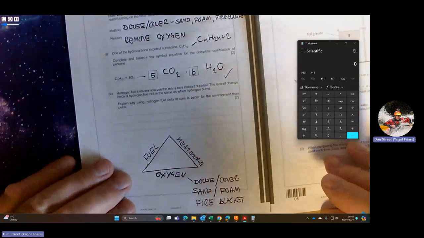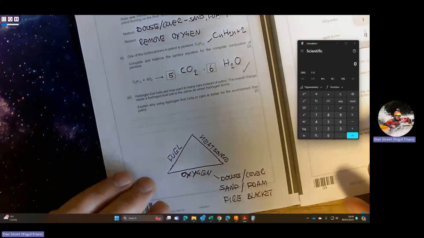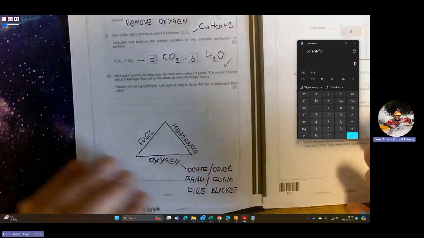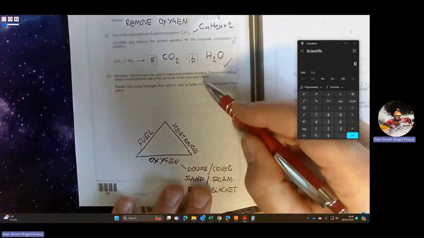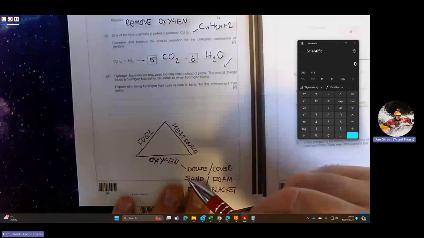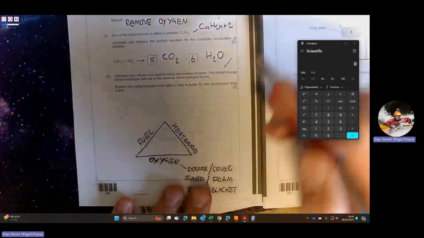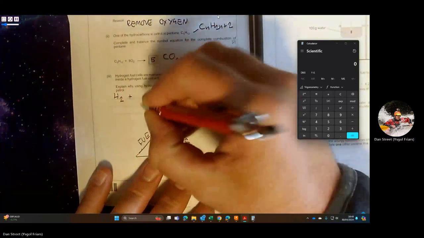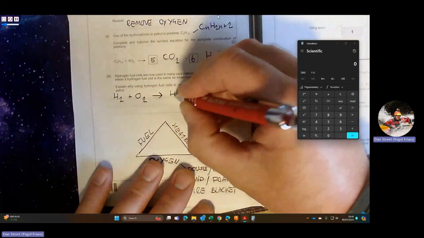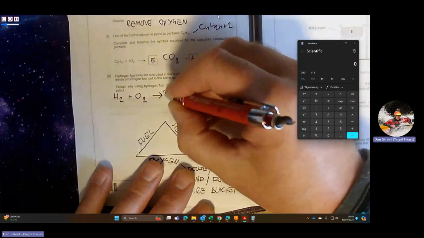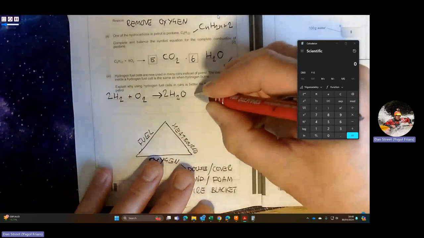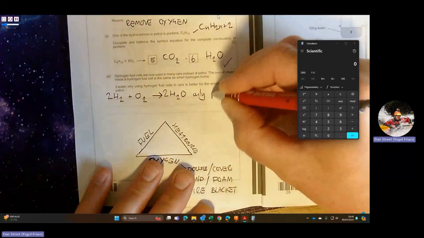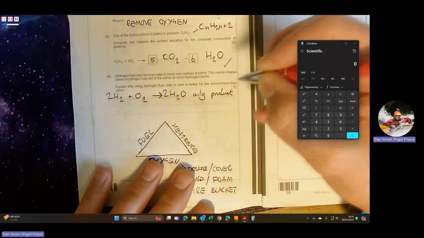Okay, hydrogen fuel cells are now used in many cars instead of petrol. The overall change inside a hydrogen fuel cell is the same as when hydrogen burns. Okay, so when we say burns, we invariably mean reaction with oxygen. Explain why using hydrogen fuel cells in cars is better for the environment than petrol. Well, basically, when you burn hydrogen, you are reacting it with oxygen to release energy, and the only product is this stuff here. Okay, so we need 2 of them and 2 of them, and so the only product is water vapor,